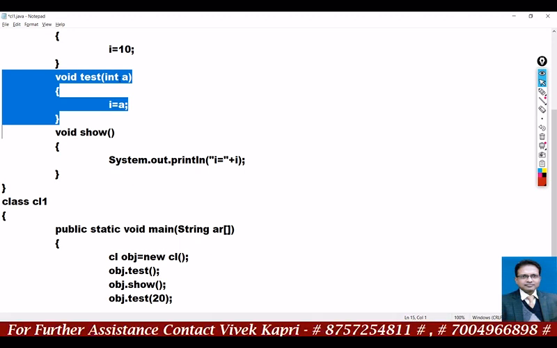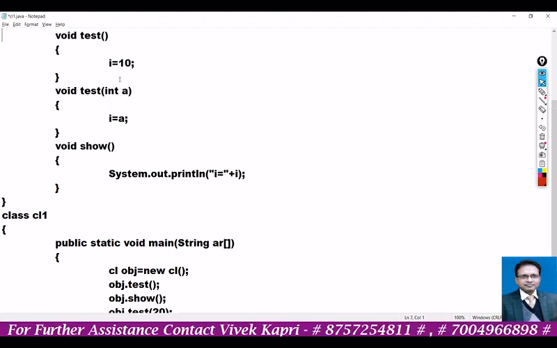So here it is also the same thing. If you pass a value, the function having the same type of parameter will be called, and if you do not pass any value at the time of calling, the function with no parameter will be called.